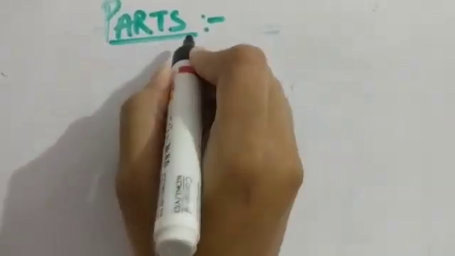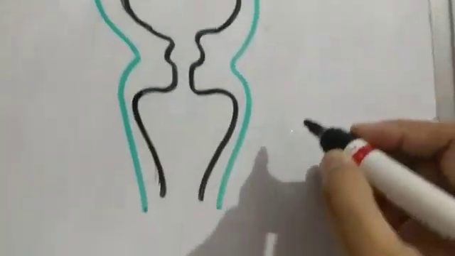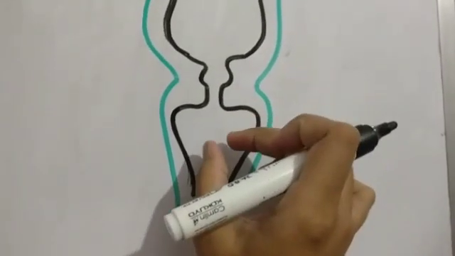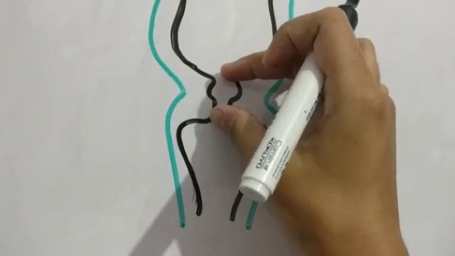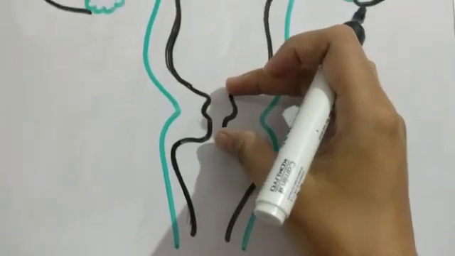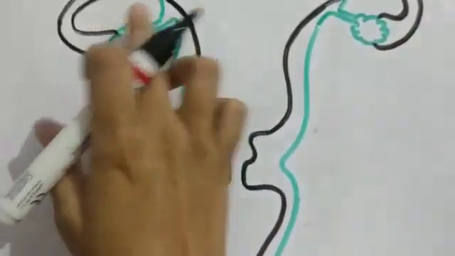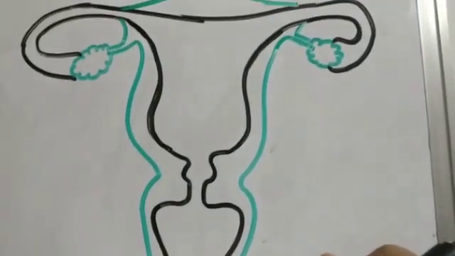So now let us start with the labeling. That means we are going to first see what parts or organs are there in this particular concept. So here, if you can see, one by one we are going to start naming them. As you can see, there is a canal, then there is an opening, a passage, then there is a cavity, and this cavity is supported by two tube-like structures. So one by one we will start labeling them.